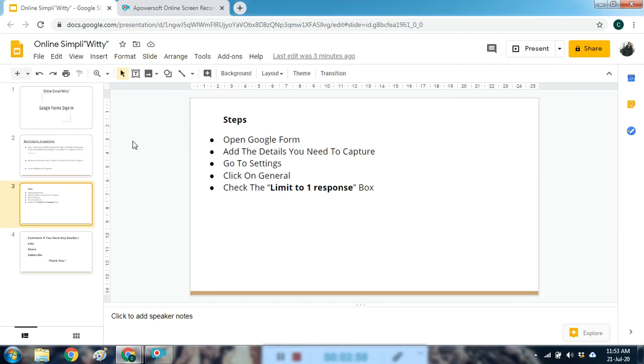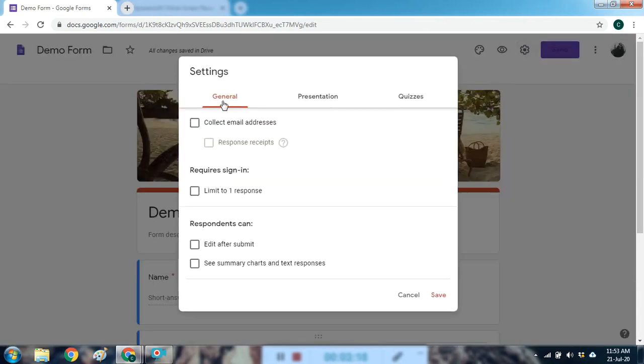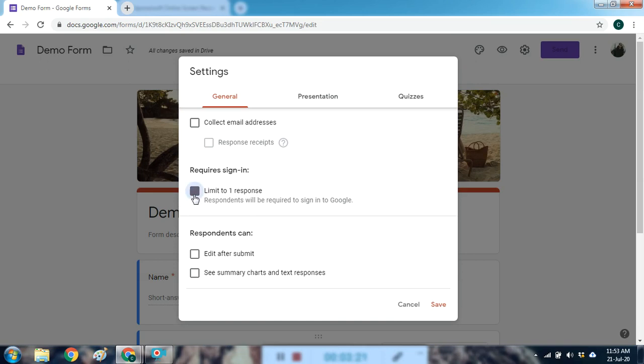So you've opened the Google form, and you have added the details that you need to capture. Now you need to go to settings. Come here, click on settings, and go to General. Now you see this option, requires sign in, limit to one response. This is the option that you need to check.